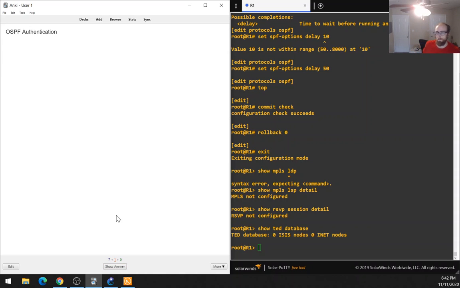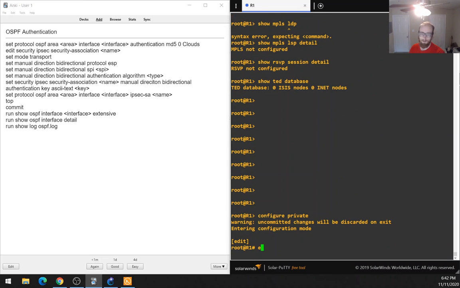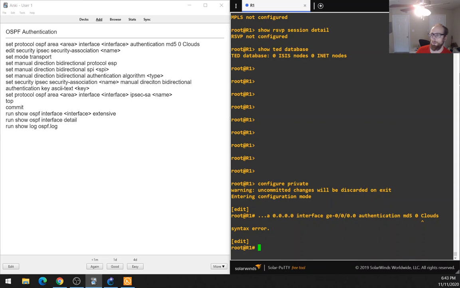Next is OSPF authentication, which can be a little bit tricky because you do need IPsec. So let's go ahead and type that out. For version 2, it's really nice and easy. It's baked into version 2, so you don't need anything fancy with IPsec. You just say authentication, and then the type, MD5. But when you want to apply it to version 3, and you can also do this for version 2, but it's mandatory for version 3,